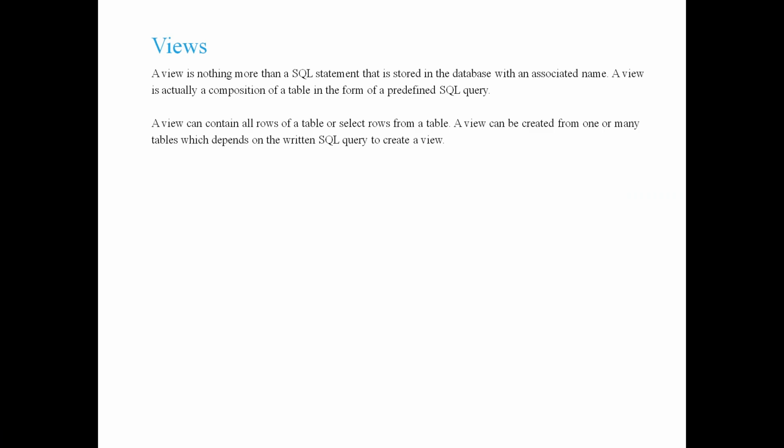So a view can contain all, I'll just read out the definition. A view can contain all the rows of a table or select rows from a table. So we have seen it. You can still do that. Whatever query you write, you can pass that query to the view. That's it. A view can be created from one or many tables, which depends on the written SQL query used to create a view. And one more thing,